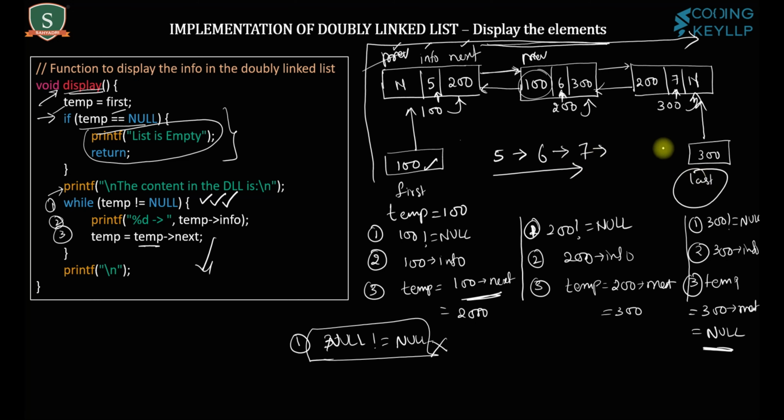Similarly, by using the last variable and the previous pointer, we can traverse in the back direction. Next method,